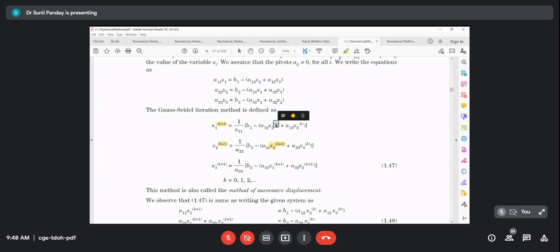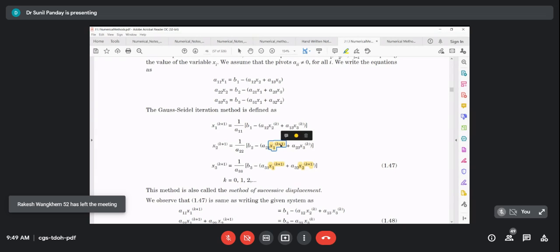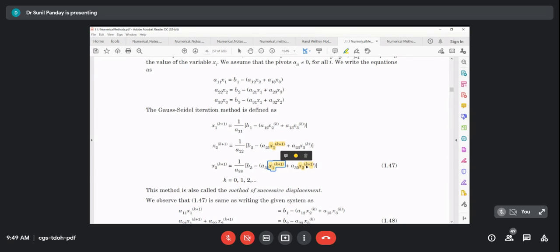So this is the difference between Gauss-Seidel and Gauss-Jacobi. Similarly, to get the next updated value of x3, we use the immediately updated value of x1 and the immediately updated value of x2. So these iterative steps highlighted in yellow are the difference between the Gauss-Jacobi method and the Gauss-Seidel method. You can see here, in Gauss-Jacobi we have k, x1 k, x2 k, but in Gauss-Seidel we have k plus 1, the immediately updated value we will use.